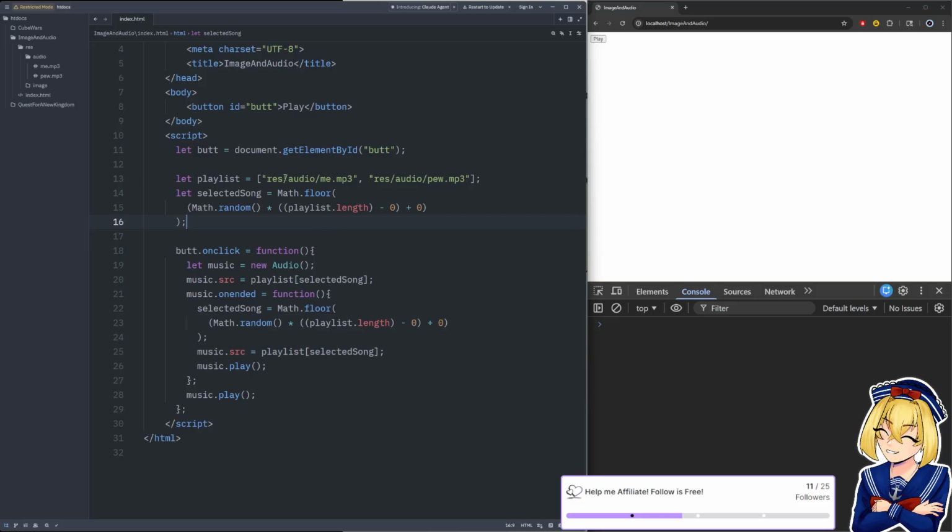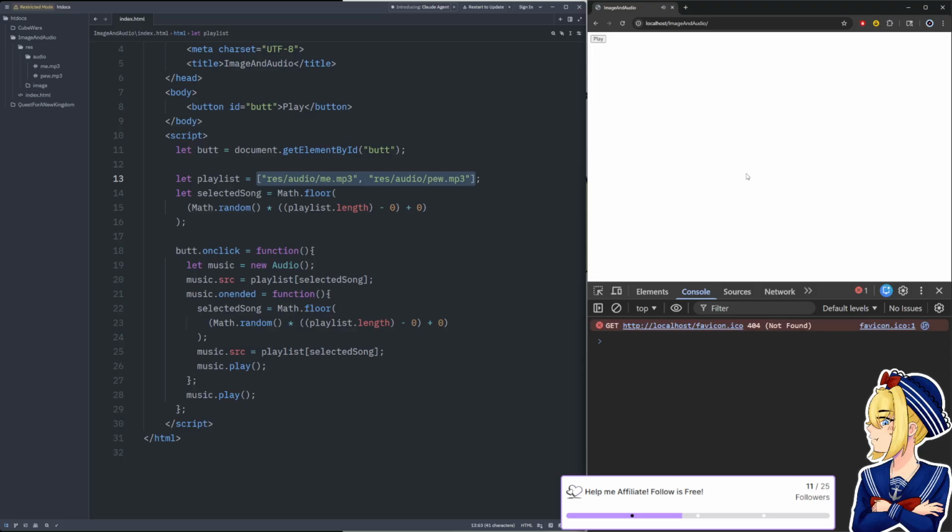But you could also just randomize this array using some sort of randomize algorithm. And then after you randomize it, you could do the last method we did where you play from start to end, because then it's not going to play it in the order that you wrote it in the code. It's going to play it in whatever order it was after you shuffled it, right? So let's just give this a go. Pew, pew.